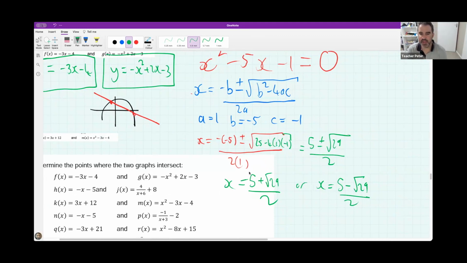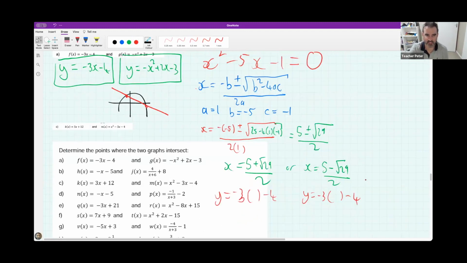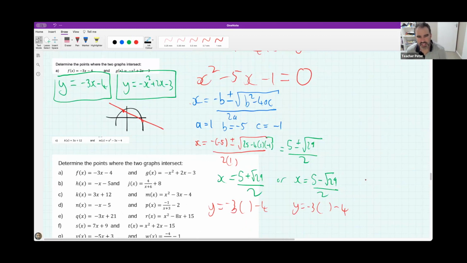We're running out of time. So essentially, we've got these x values, and all I need to do to find what the y values are that go with them is sub these x values, whatever they may be, back into this equation. And that's how you will get the places where they intercept each other. Now, that might have been a little bit quick for the end of the lesson, so